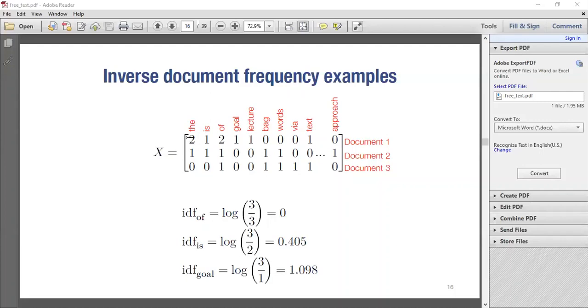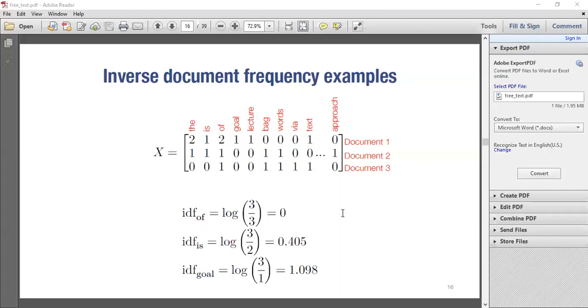That's because "the" comes up in 2 of the documents out of the 3. So the 3 at the top represents the number of documents you're dealing with, while the figure below represents how many different documents it applies in. So as you can see, for "of", it shows up in all 3 documents, that's why you have 3/3. While "is" shows up in only 2, which is the first and the second. That's why it's 3/2. Then you take a log of that to get the inverse document frequency. That's how you basically get that.